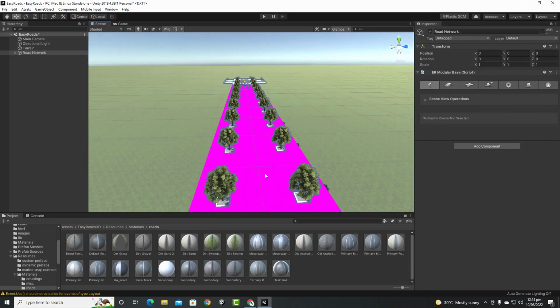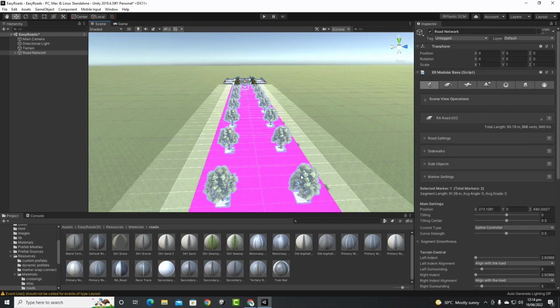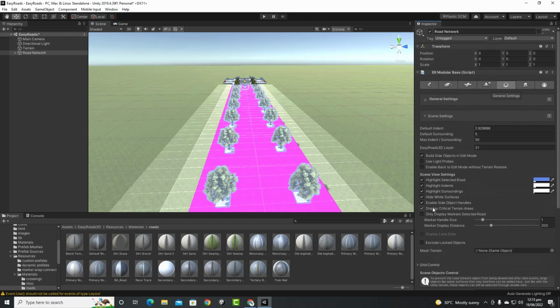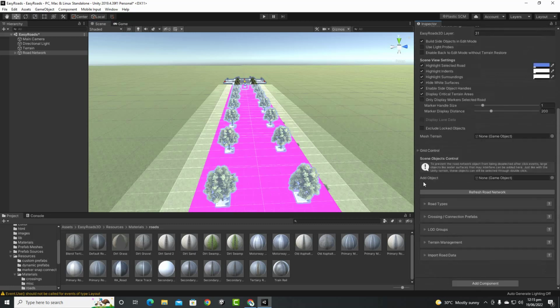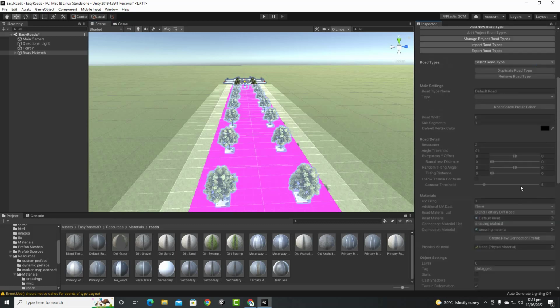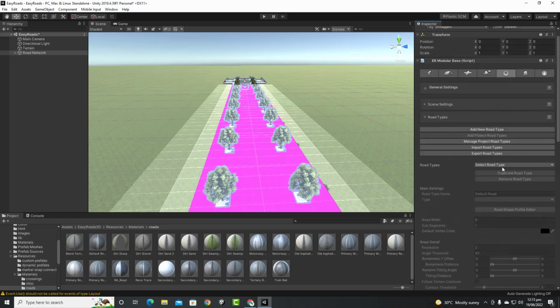We can actually add materials to certain roads, and don't be worried about that. Here you can see that in scene operations we have RA road 002, but for some reason we have no material for this road. So if we go to settings and move back to road types, and move back to our RA road,